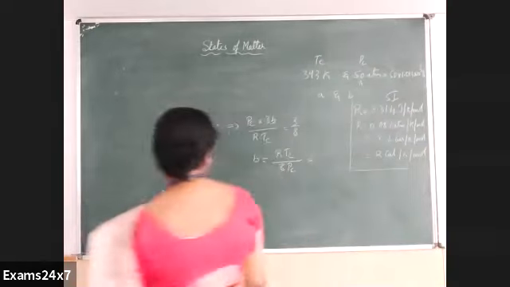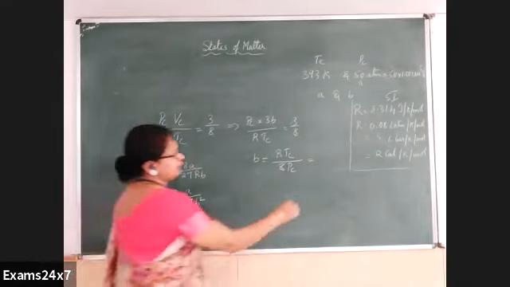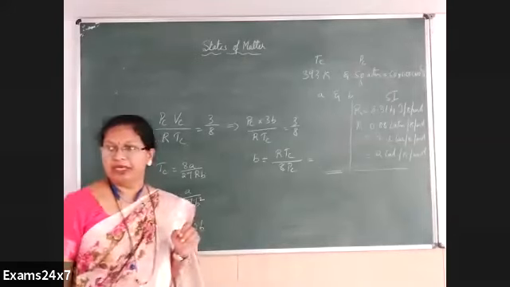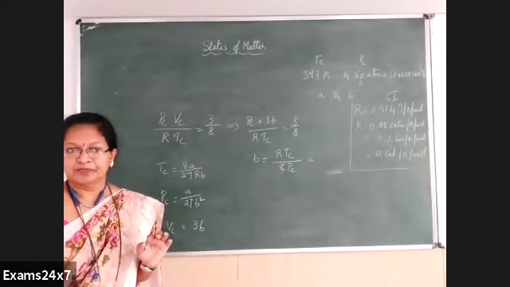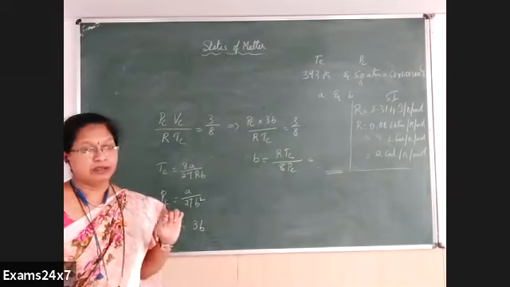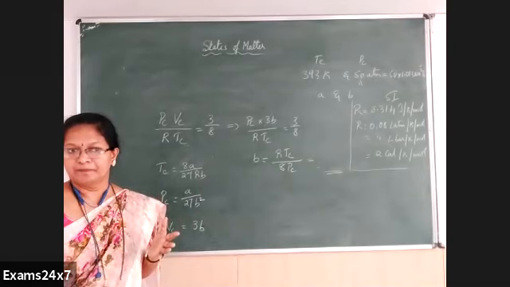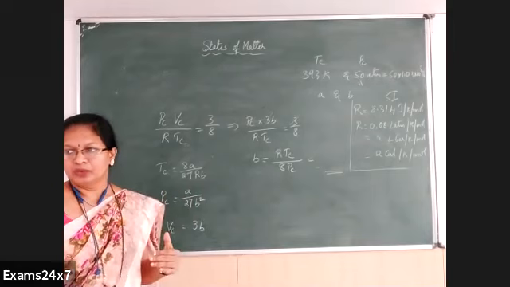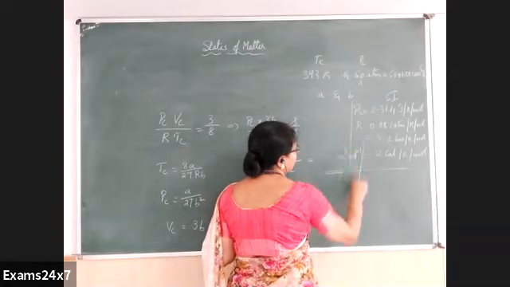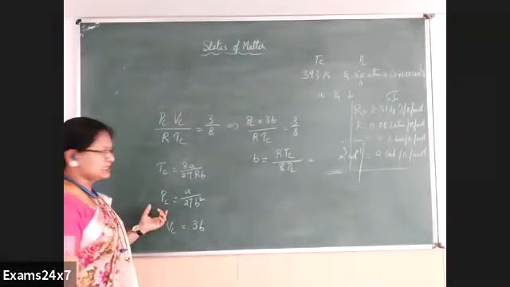That is to find the value of B. Once you find the value of B, how do you find the value of A? Assume you get some value of B. This also I'll leave as homework. We'll check it in the next class. Find the answer of B in SI unit. What is the SI unit for B? It is V by n, so it should be meter cube per mole. Your answer should be in meter cube per mole. Find the answer. We will see it in the next class.